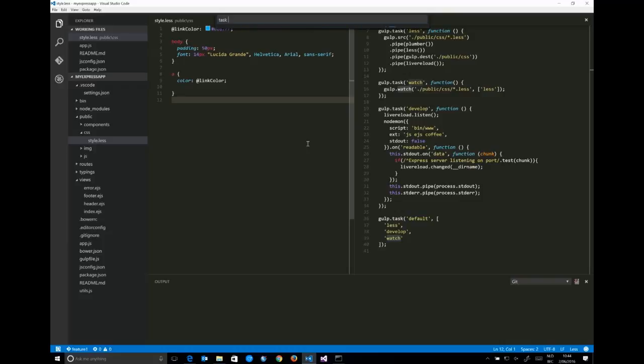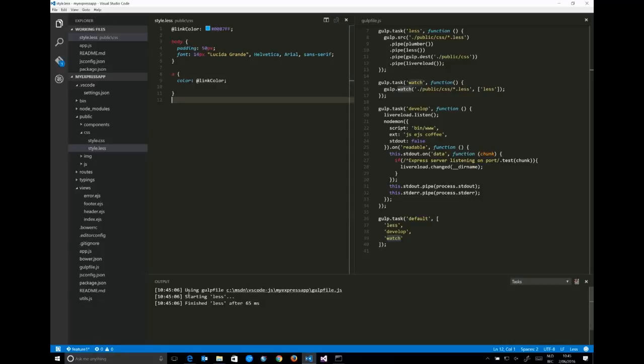VS Code is analyzing your code base, going through the Gulp files and Grunt files and Jake files that you have. The first time it needs to analyze all this, so it takes a few seconds. So let's say we want to run our less task. Just select this one, press enter, and we should see